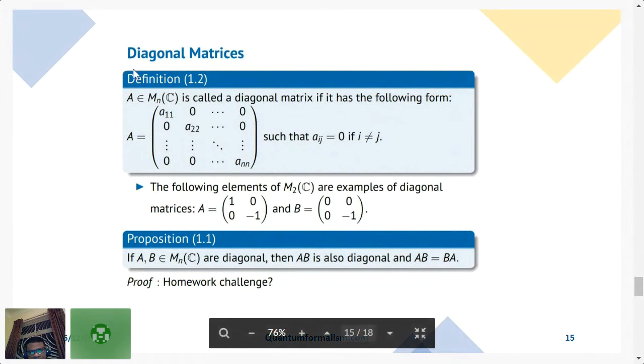A diagonal matrix. An element of Mn of C is diagonal if every non-diagonal entry of the matrix is 0. So except these entries, everywhere else is 0. This means that, in a formal way, the entry Aij equals 0 if